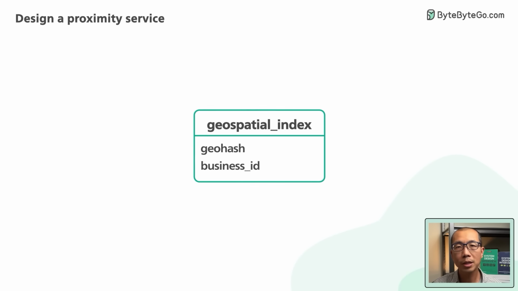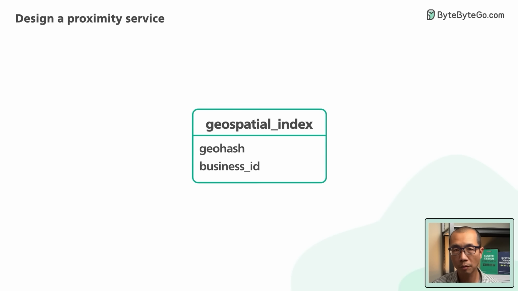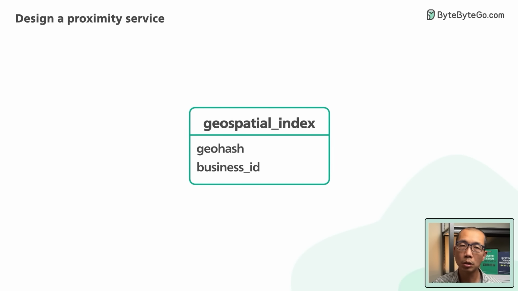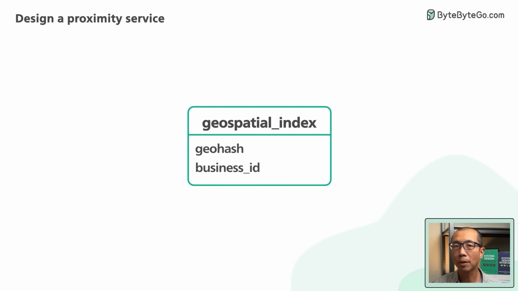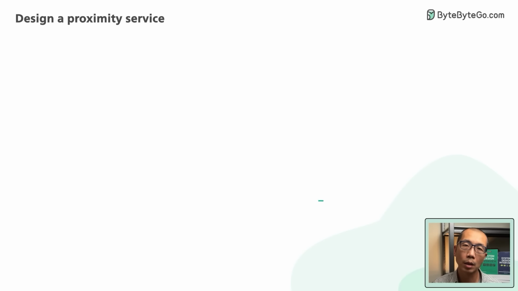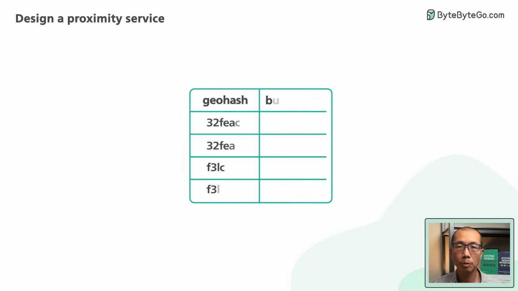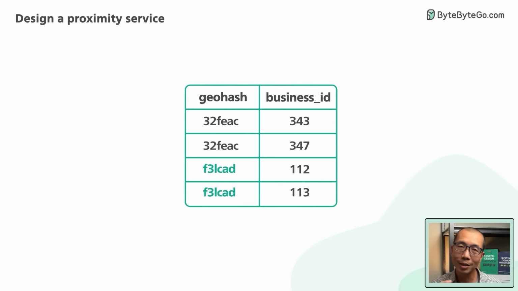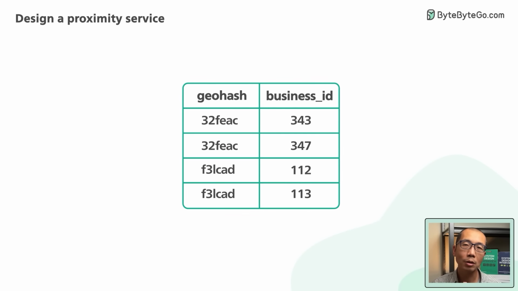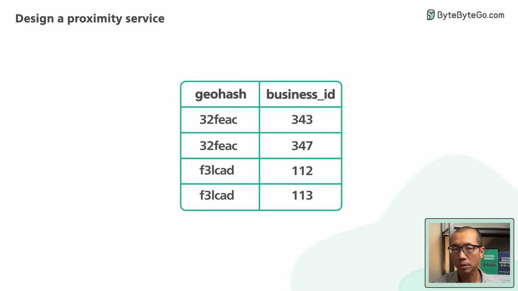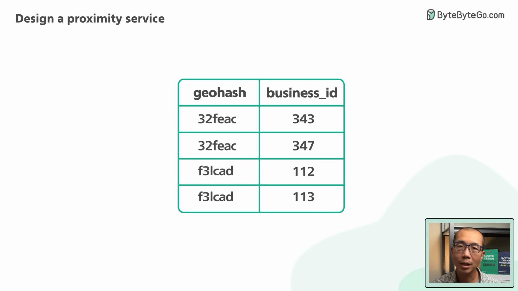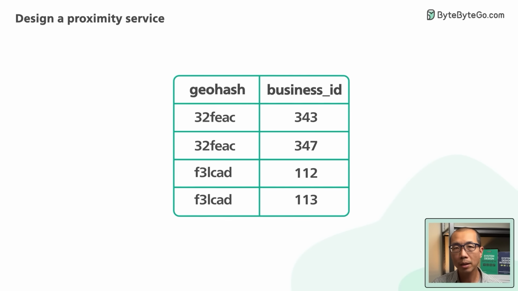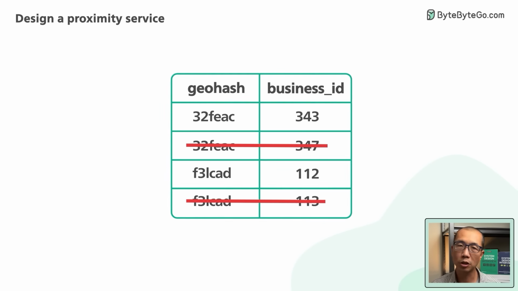The geohash column contains the geohash of the right precision for each business. Converting a location in latitude and longitude to a geohash is straightforward. There are plenty of libraries to handle that. 2 things we should discuss with this table schema. First, many businesses will share the same geohash. This means different business IDs within a geohash are stored in different database rows. And the geohash and business ID columns together form a compound key. With the compound key, it makes removal of a business from the table efficient.